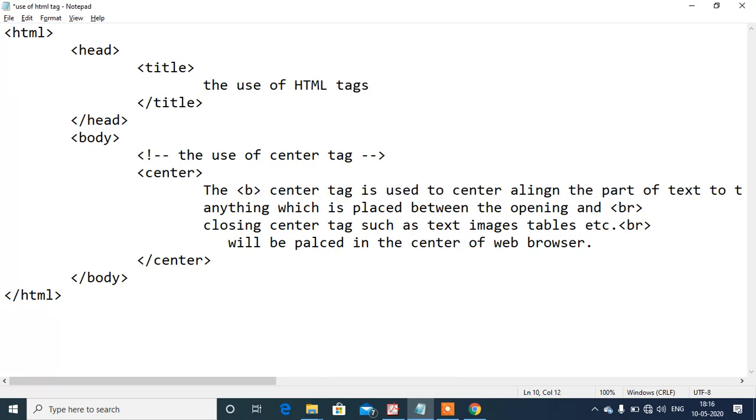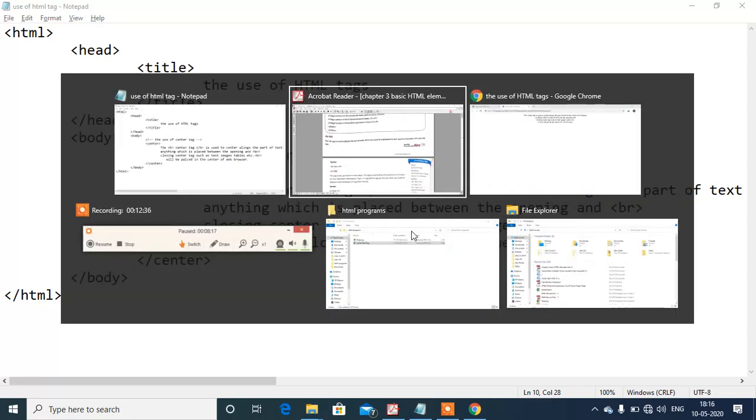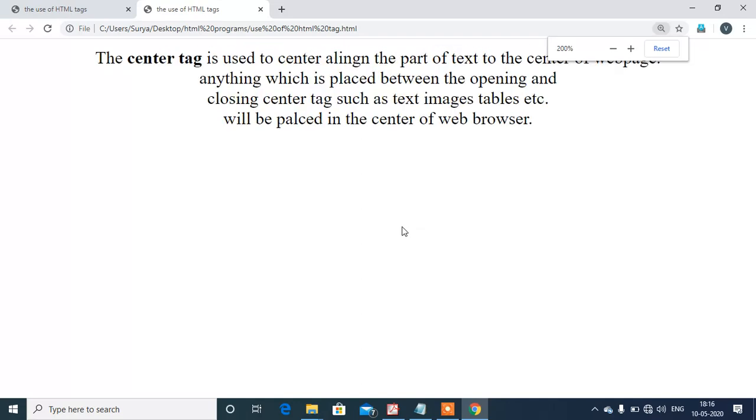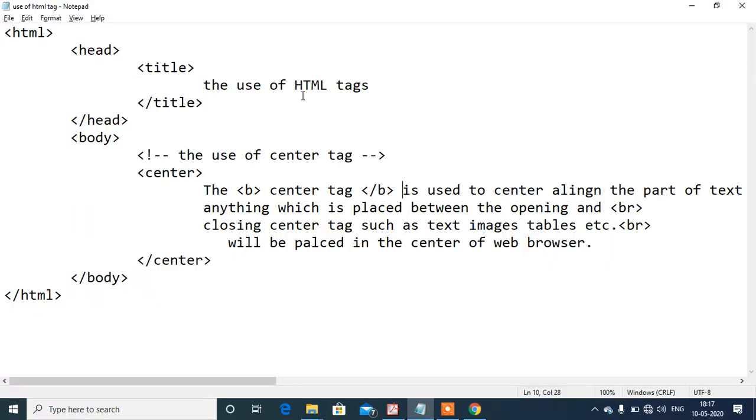So we have written B, center tag, and then close B, and then the rest of the characters. If we press Ctrl S and go back to the execution window and press F5, now you can see center tag is bold. Here you can see the characters center tag are now bold.